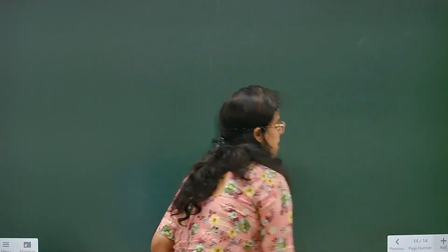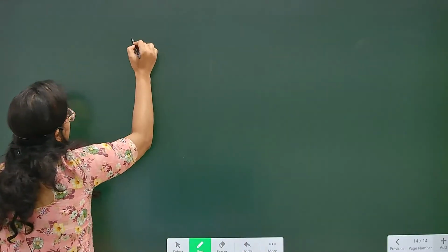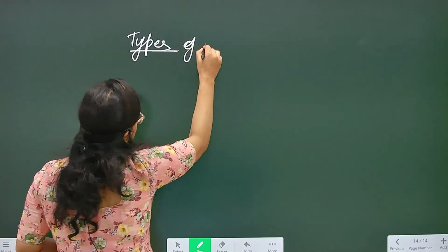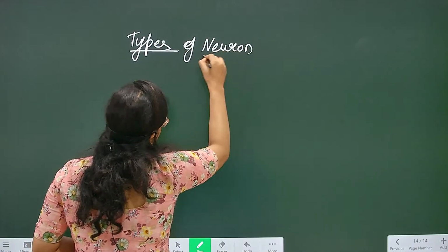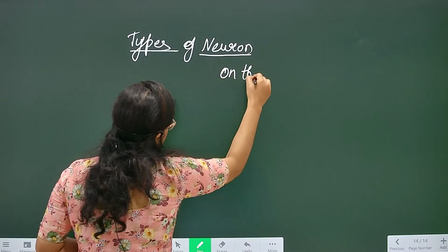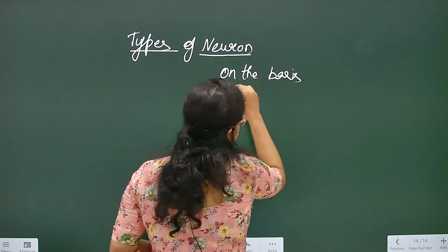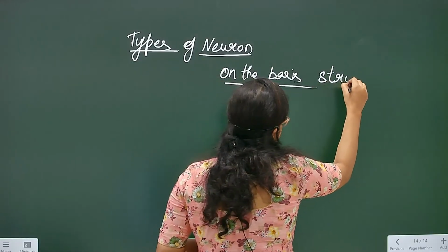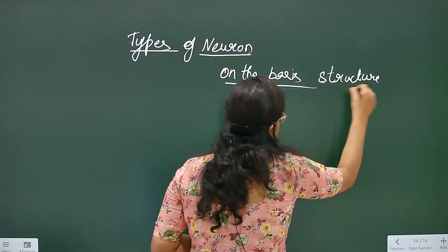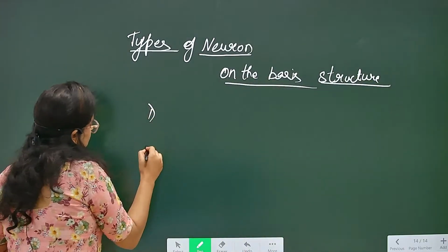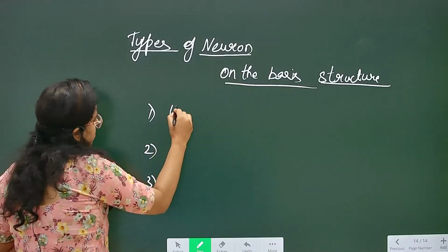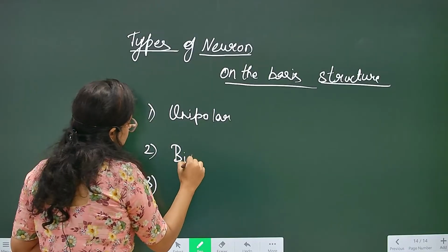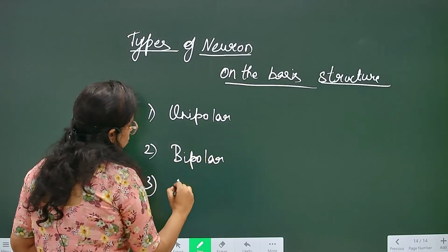Now we are going to learn about types of neuron on the basis of structure. We have divided the neurons on the basis of function. Now we are learning about structure. Structure, very simple: unipolar, bipolar, pseudo-unipolar,